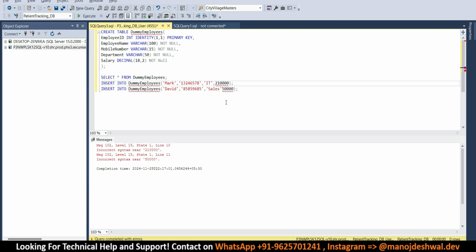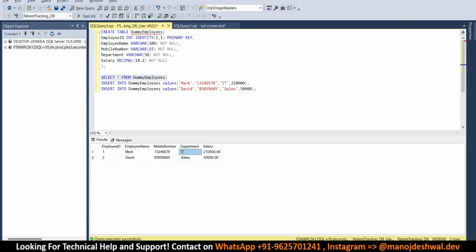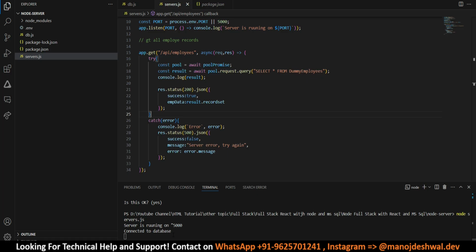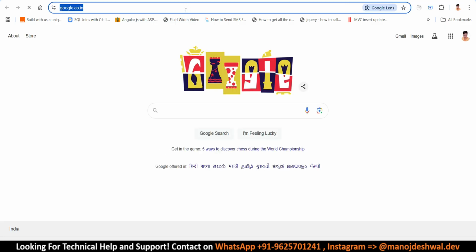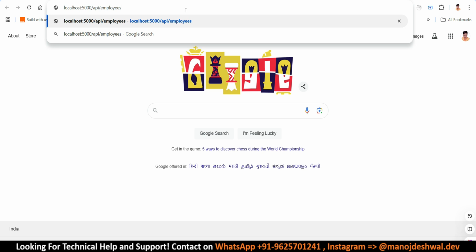Oops, I missed the comma, and here, values. Execute. So we have two records. All right, now let's go back to our VS Code. So our Node API is running, and if I go to my browser and type localhost colon 5000 slash